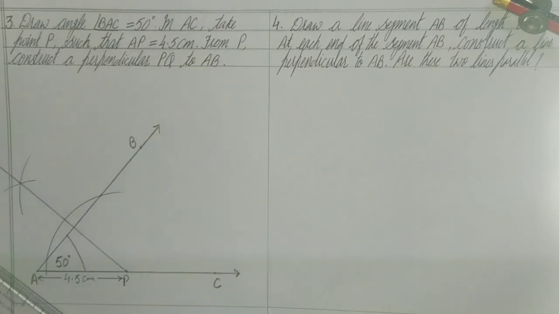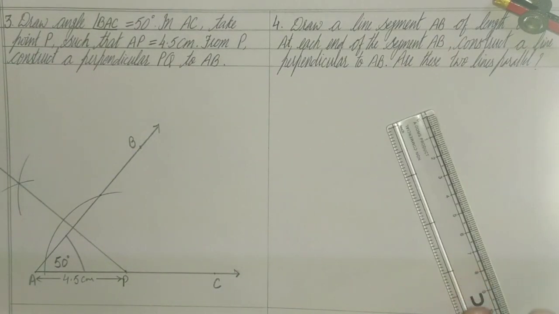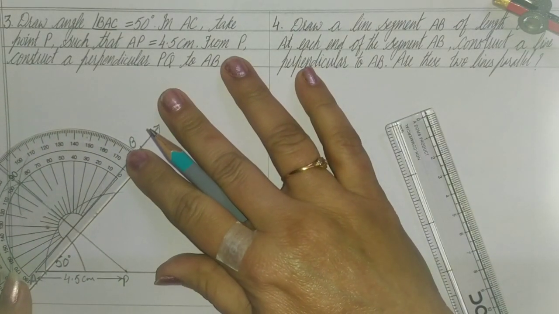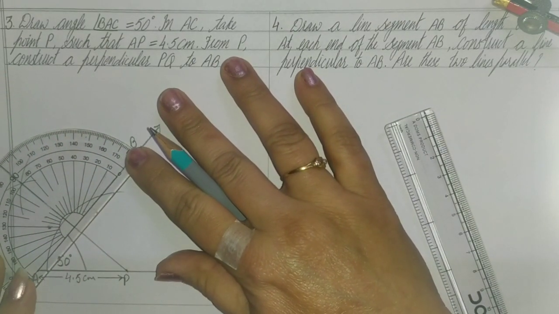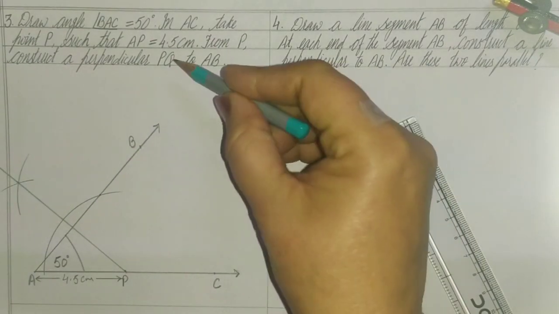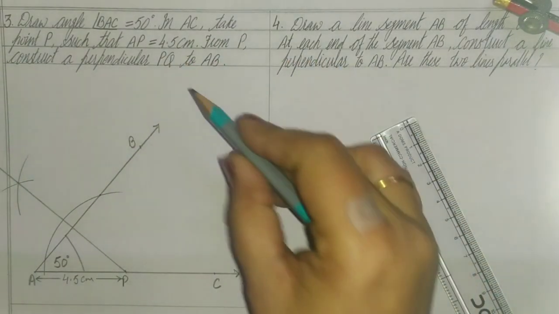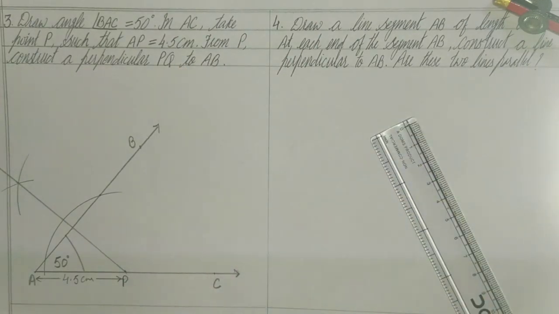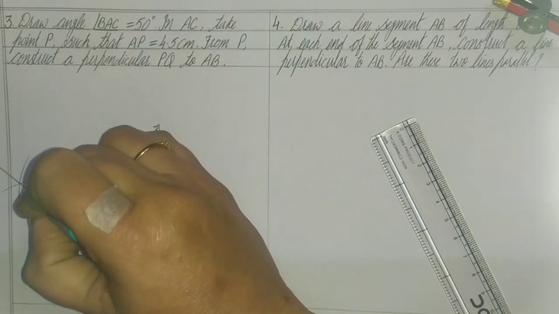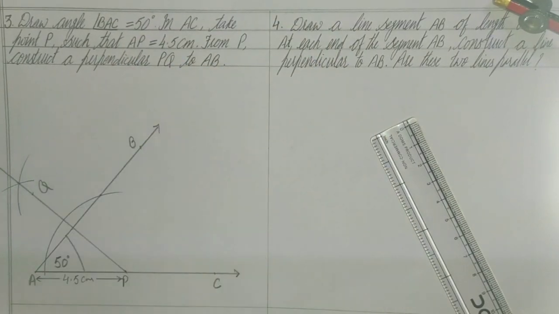Here, with the help of the protractor again you can check, is it perpendicular on AB? Yes. So here, since the labeling is to be done as PQ, if this is P, then you can mark Q over here, or you can mark another point also. Okay, this is PQ, which is perpendicular from P on AB.